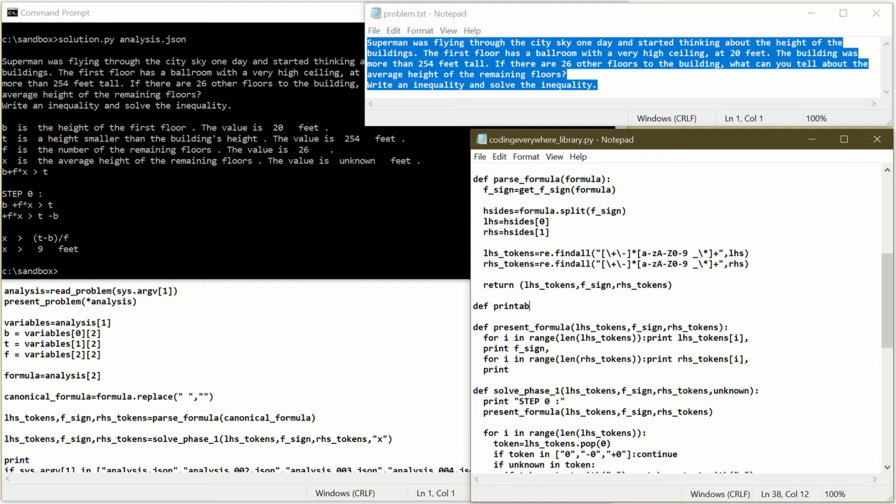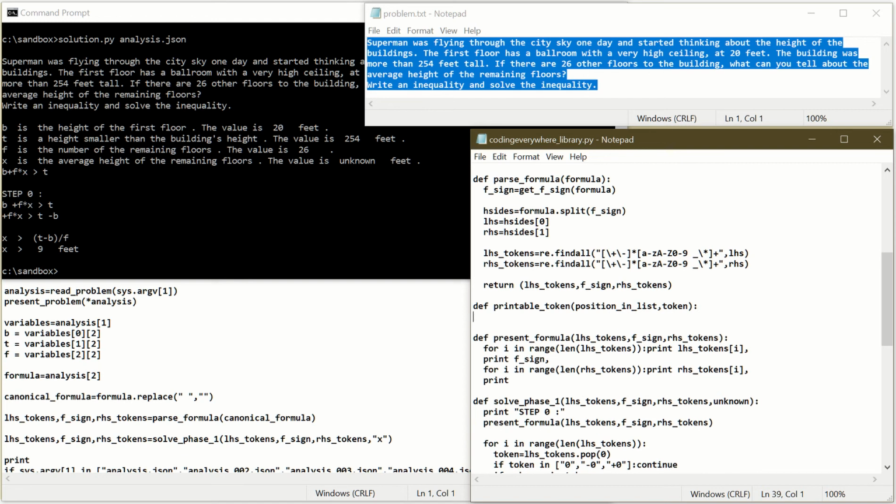So I will say define printable token, and I will have two parameters. The first parameter will be the position in list. So if it is 0, it is the first token, and the second one will be the token. And I will indent two spaces, and I will say if position in list is equal 0, so if it is the first token, and the first character in the token,